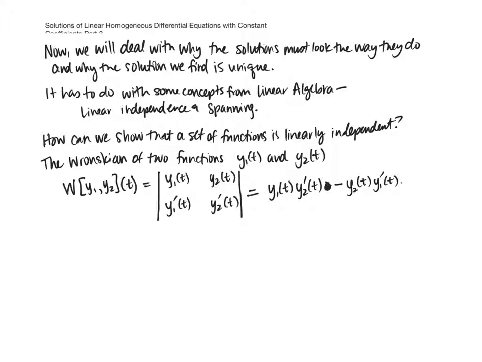Okay, and so how does this tell you whether or not it's linearly independent? So the functions y1 of t and y2 of t are linearly independent